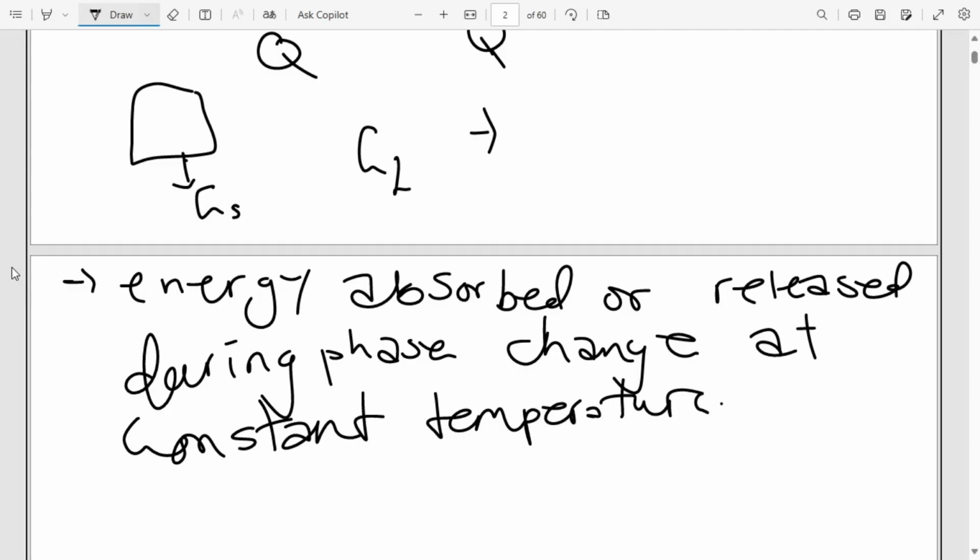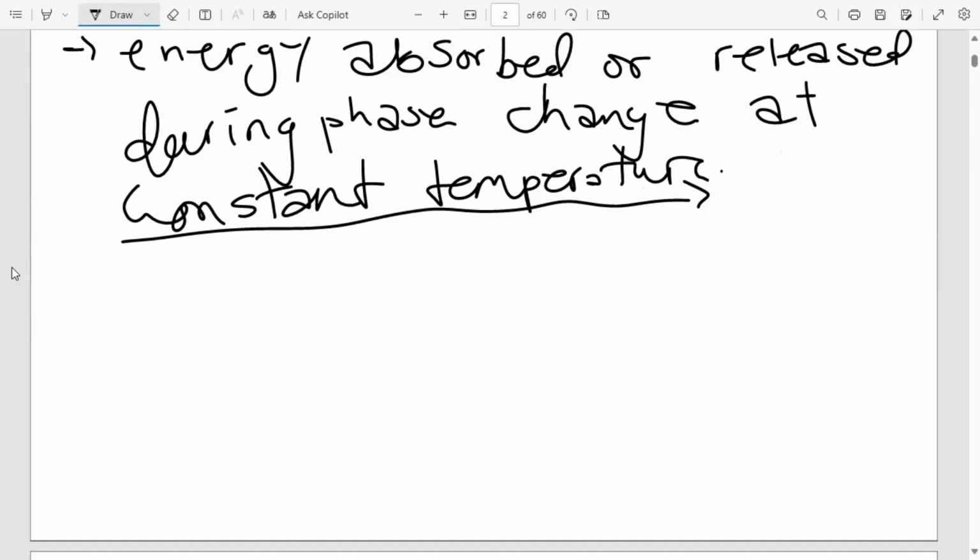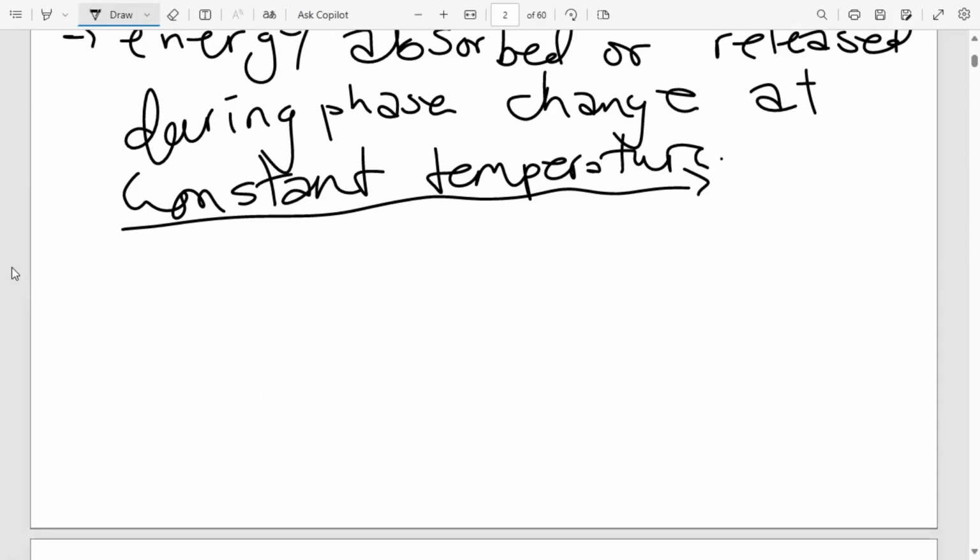Some of you might wonder why we're saying the temperature is constant. Where is this temperature going, or why isn't the temperature increasing since there's a constant supply of thermal energy? It's because whatever phase you are having, if you are heating a substance, let's say you are heating a solid, there will be temperature.